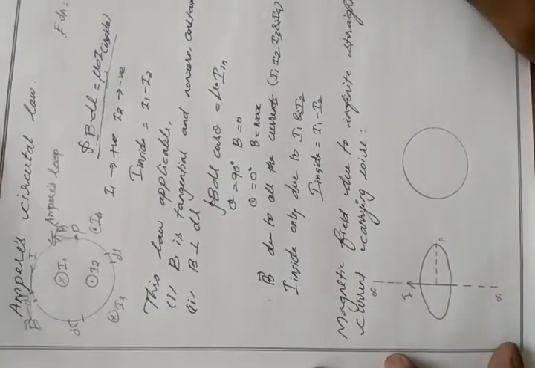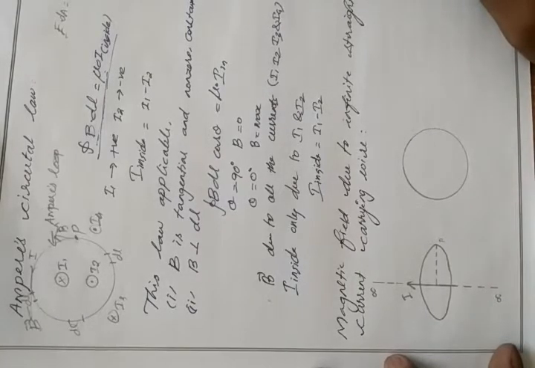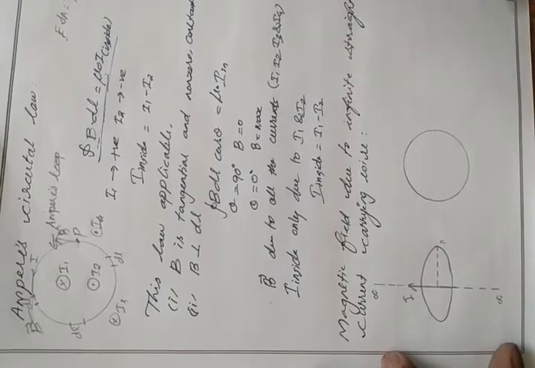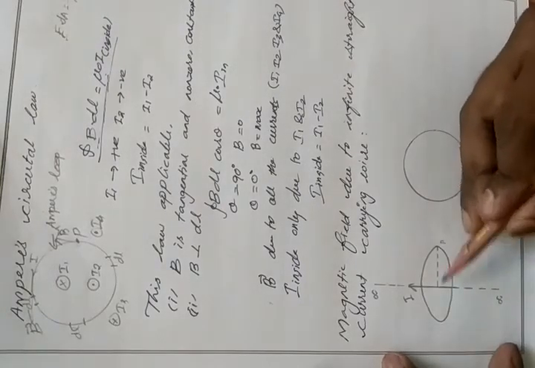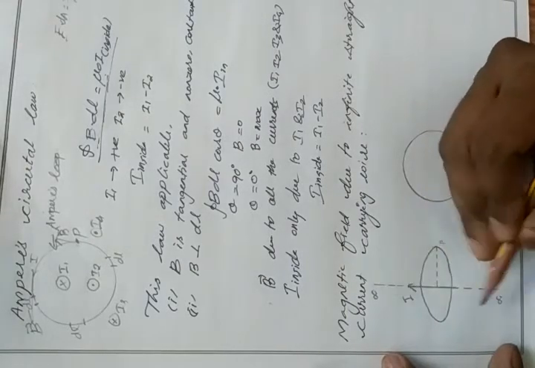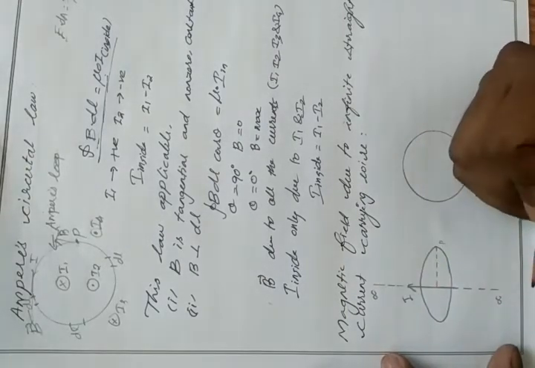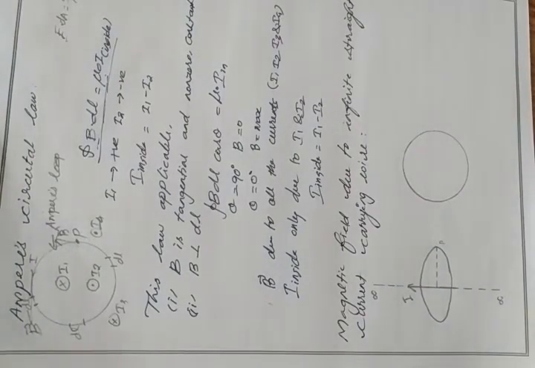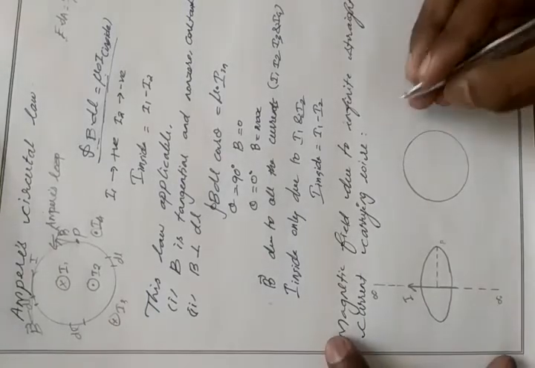So we are going to find the magnetic field due to a straight current carrying wire by using Ampere's circuital law. Here we have a straight wire which carries a high amount of current, and the wire is infinite in both ends. We know the formula if the current is flowing through a semi-infinite wire.